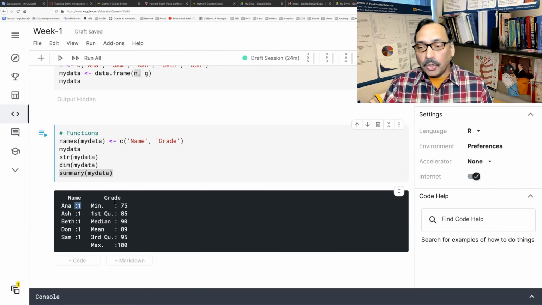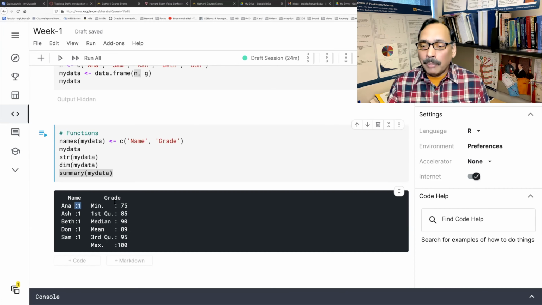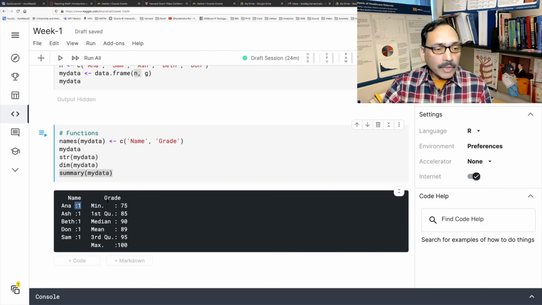But grade is a ratio type of variable. The scale of measurement for grade is ratio. And with ratio kind of data, which is numeric data, you can do much more. You have so many tools in statistics that can deal with numeric data. So the information contained in numeric data is much more than the information content of a factor variable. Like names, you cannot add, divide, multiply. There are limited things you can do with names. But numbers like grades, you can multiply, divide, you can do so many things.